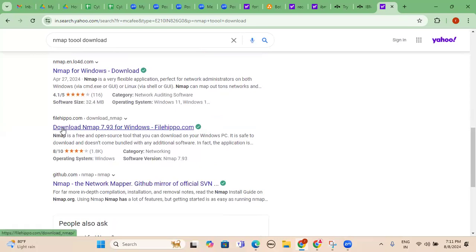In a similar way, you can see filehippo.com. How can I trust that FileHippo is really a legitimate website? Maybe an attacker can create a dummy website. Maybe he can download a malicious Nmap file and upload it to his website. Purchasing a domain name from GoDaddy takes only 400 rupees.